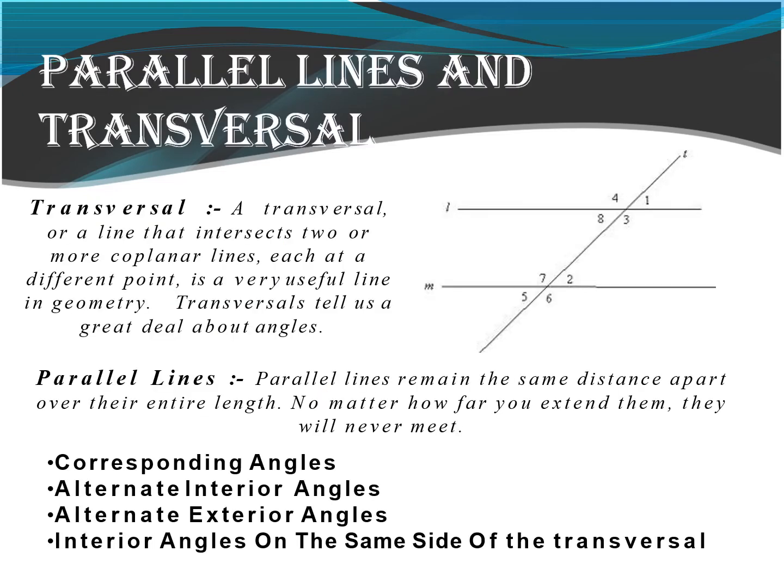Parallel lines and the transversal line concept. Parallel lines remain the same distance apart over their entire length. The transversal line is the line that intersects two or more parallel lines at different points, and is a very useful line in geometry. So they form 8 different angles, and the concepts related to corresponding angles, alternate interior angles, alternate exterior angles, and interior angles on the same side of the transversal we have already discussed in our previous video.